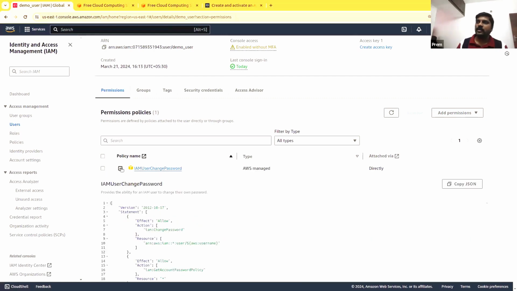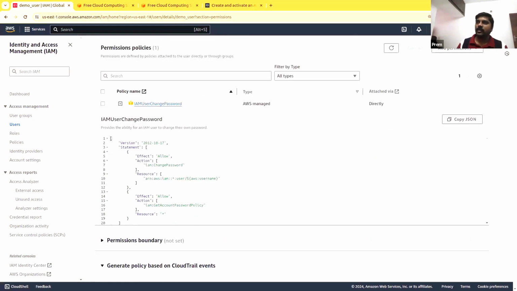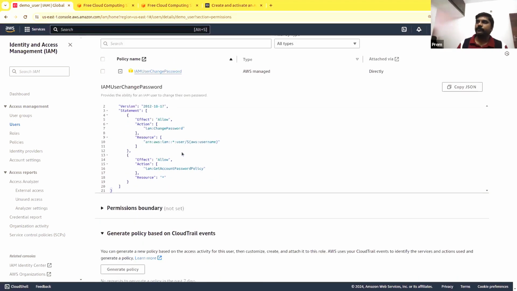If you see what is inside the policy, this is how it will be. It has a version and statements. It's JSON. It says Allow is the effect. It is going to allow the user to change password. What is the resource? The resource is IAM, and for this particular user, this is the username.